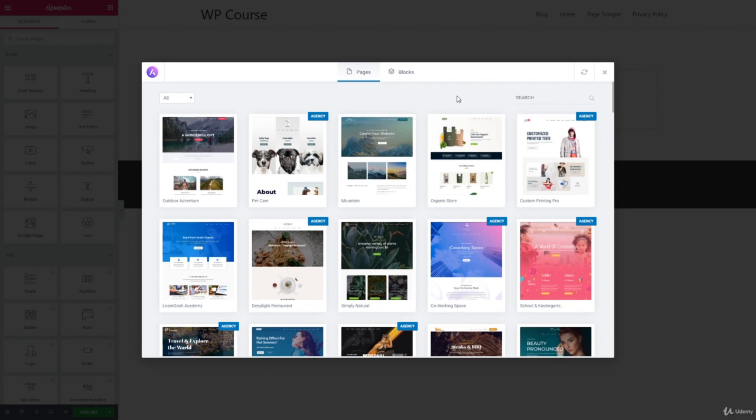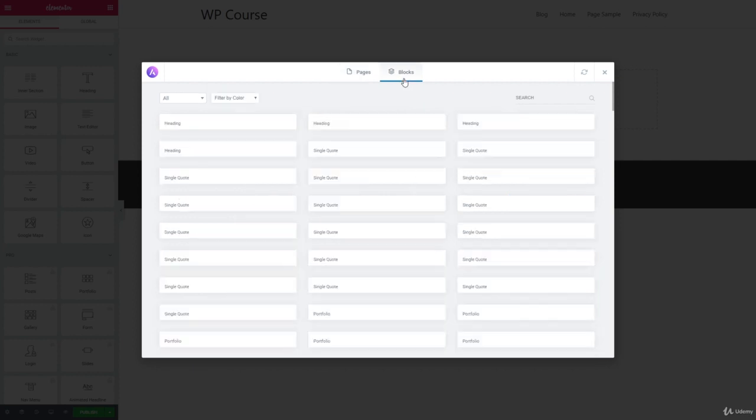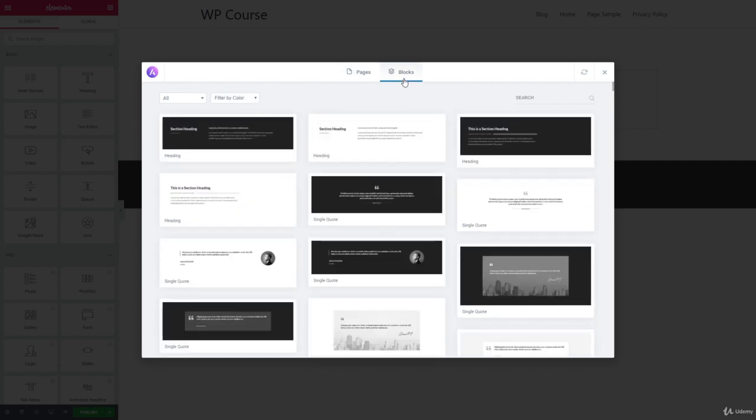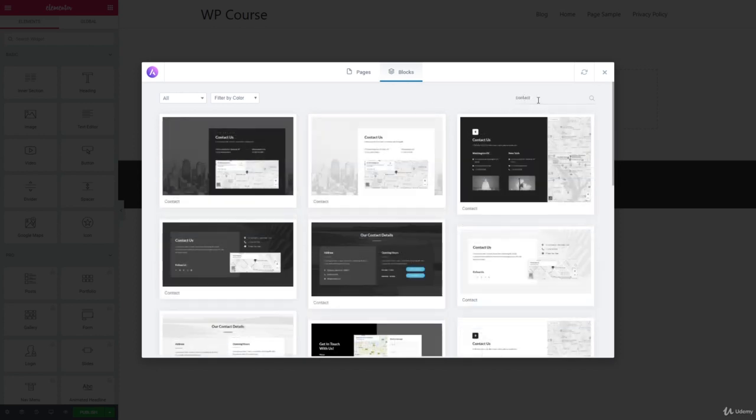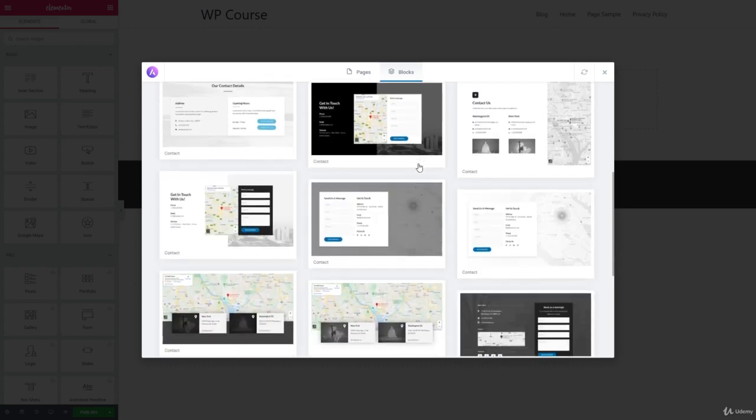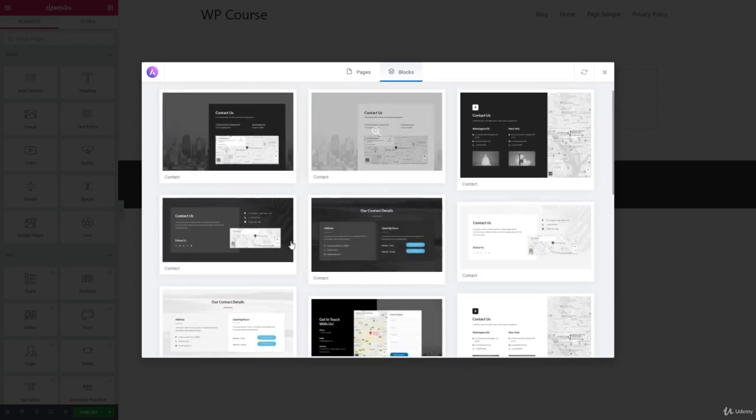So it's completely up to you what type of Contact Us page you want to create. Maybe you want to use some blocks, so right here in this section you will find various Contact Us forms. Once you go to the search and you enter contact. Alright, as you can see, we have quite a lot of different options available, but instead of using them, let's